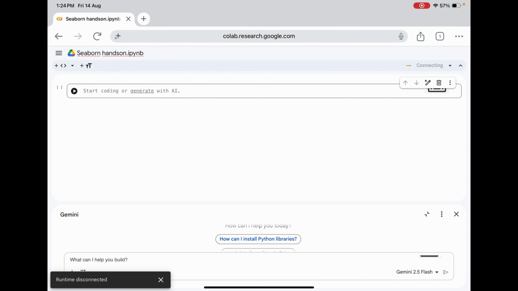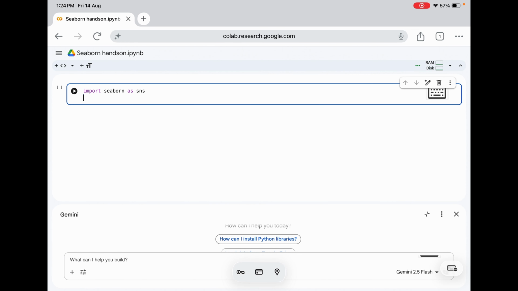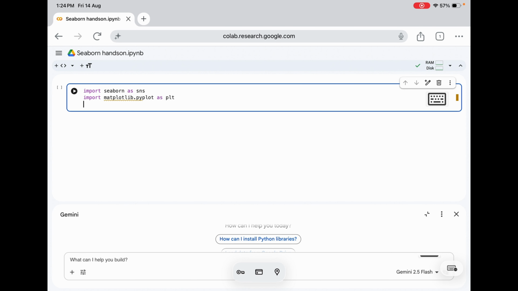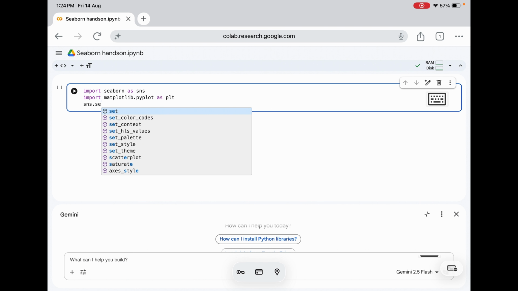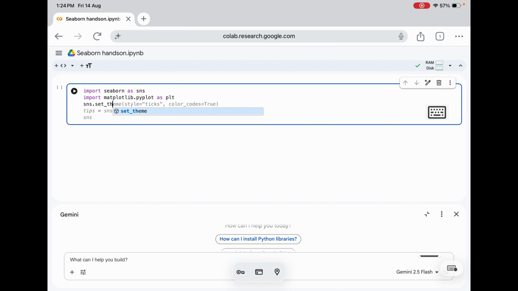Let's start quickly with our imports. So let's import seaborn as sns, and then import matplotlib.pyplot as plt, and also set the theme with sns.set_theme.